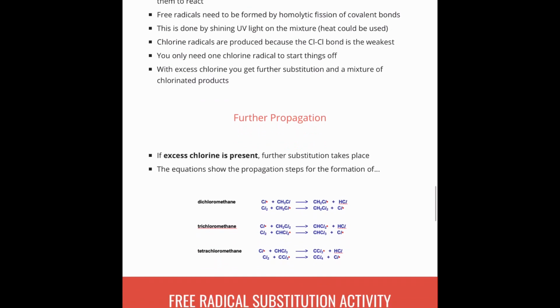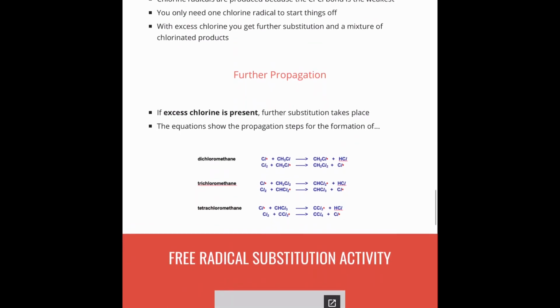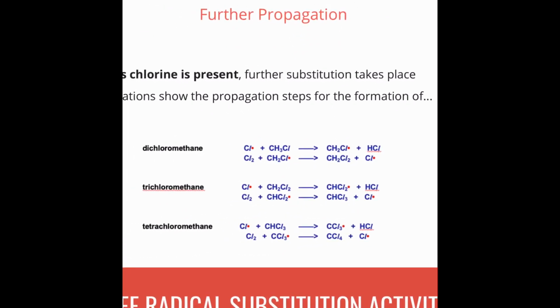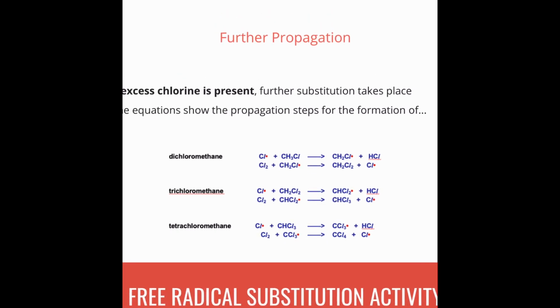And with excess chlorine, you can get further substitution and a mixture of chlorinated products. So you can get the mono substituted, the di substituted, tri and tetra substituted. You can also get further substitution, which I'll go through on my